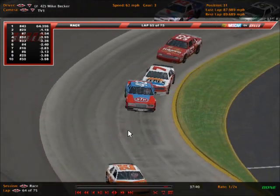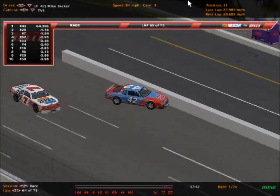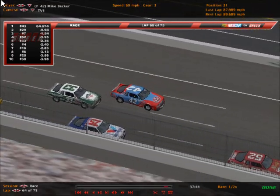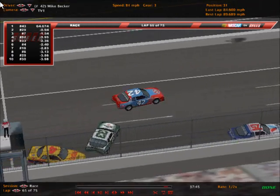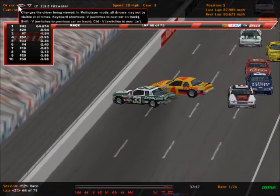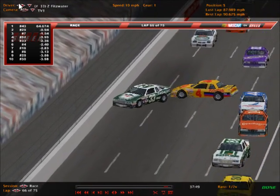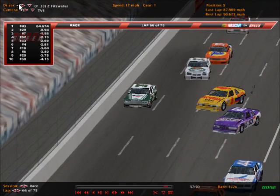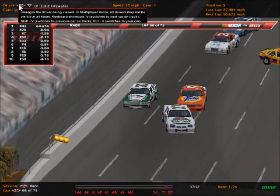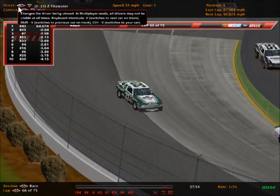And he got turned by the 7 car of Cat Tellier as she turns Becker into the inside wall. He goes back up the track, and then Fitzwater, bam, right into him and poor William Brock, nowhere to go in that 4 car. Jordan Lopez in 16. Those two were having an excellent run happening up to that point. And oh my gosh. Yeah, Emmanuel Hartnett in the 83 plows right into the 4 car. Although not quite Stephen Pollard style, but